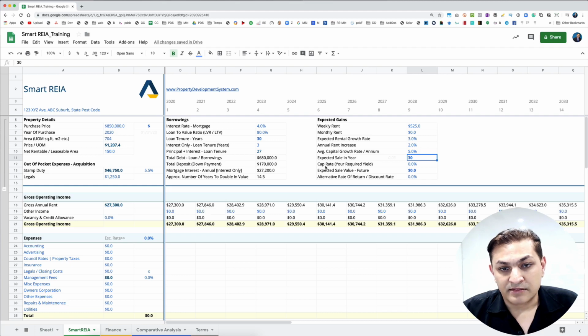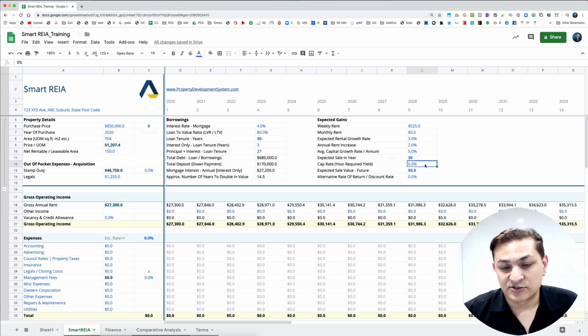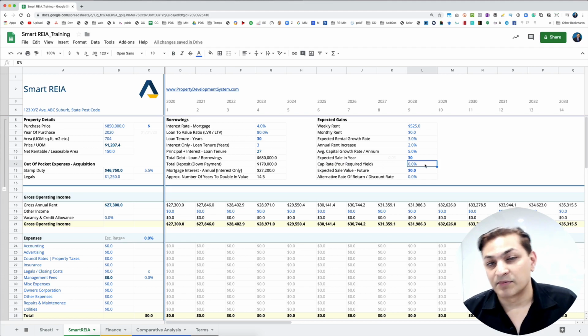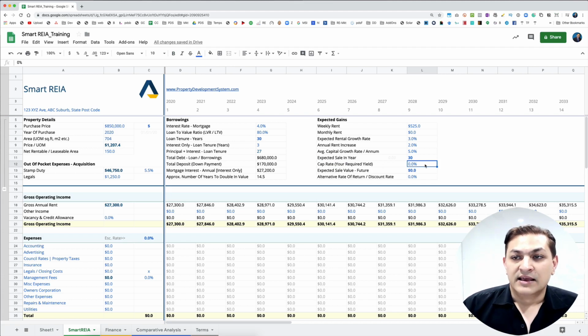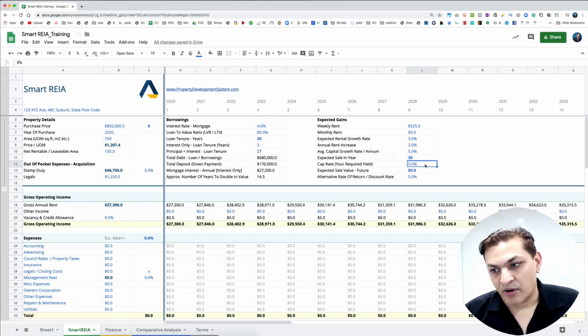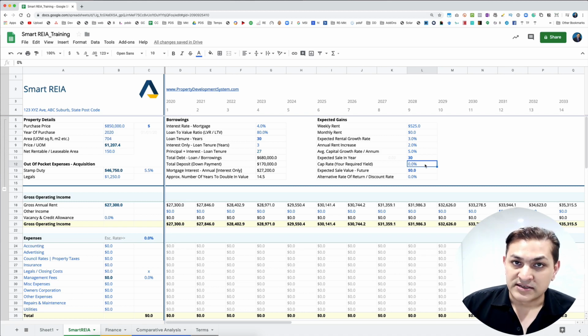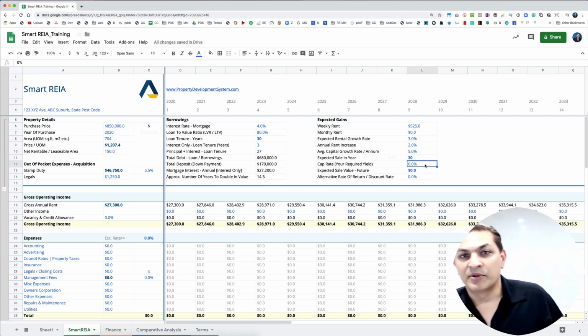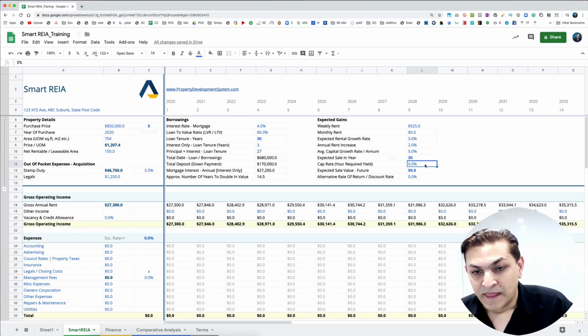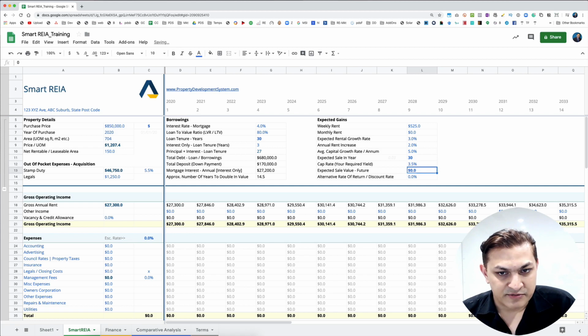So then we've got cap rate. If there's going to be a capitalization rate when I sell it, this applies in commercial property, but you need to put something in there. Even a residential property would have a cap rate. It may or may not apply in your market, but there's always a cap rate. So whatever the rental yield you are getting from your property is usually your cap rate. And so let's say I put 3.5% as my cap rate, and I see expected sale value in the